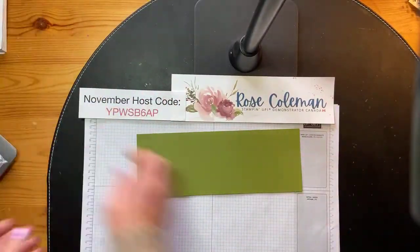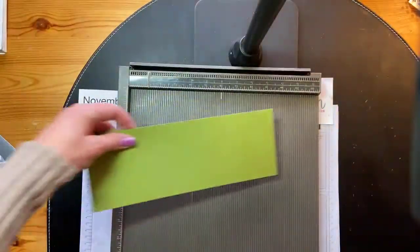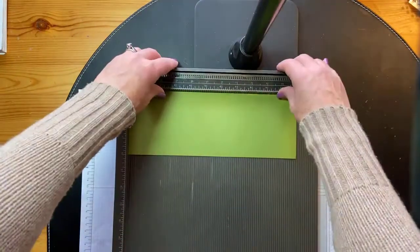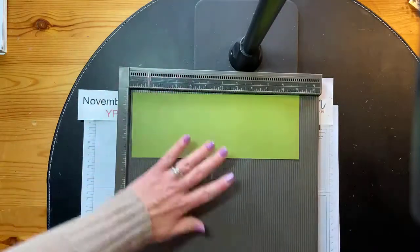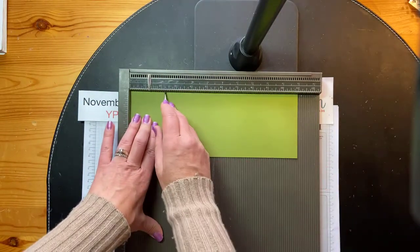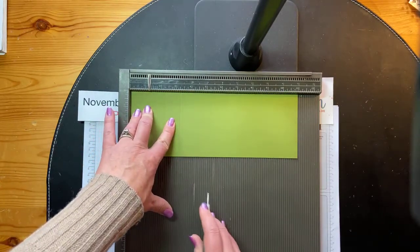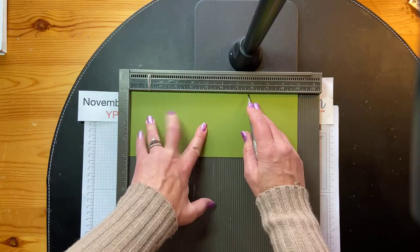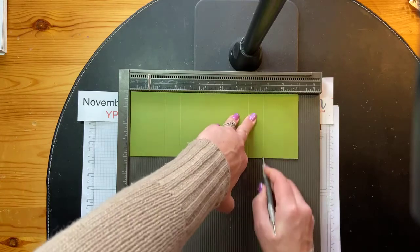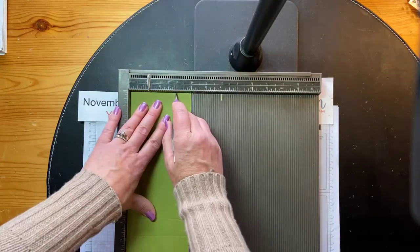I've got my cardstock. I'm going to bring in my Simply Scored board here. You could use your paper trimmer, which has a score attachment on it, but I love my Simply Scored board because when I'm doing multiple score lines, it makes it easy. I'm going to put this up here at the top, and score this at 2 1/4, 3 1/4, 7 3/4, 8 3/4. Then I'm going to turn it 90 degrees,